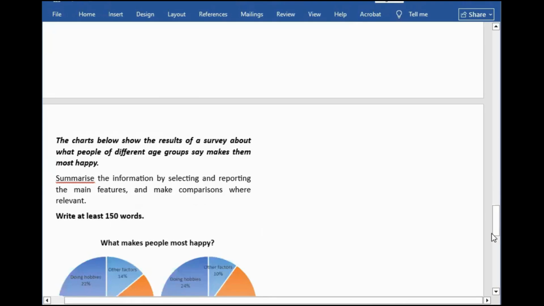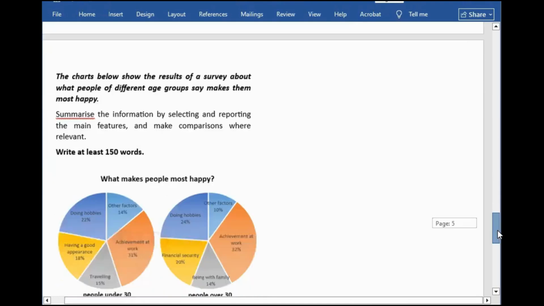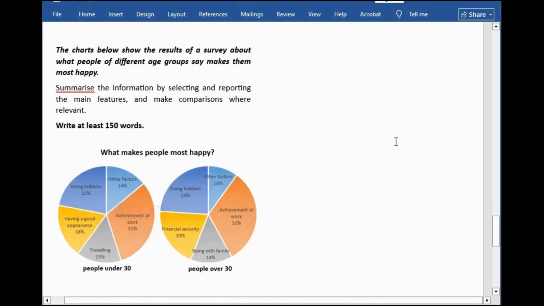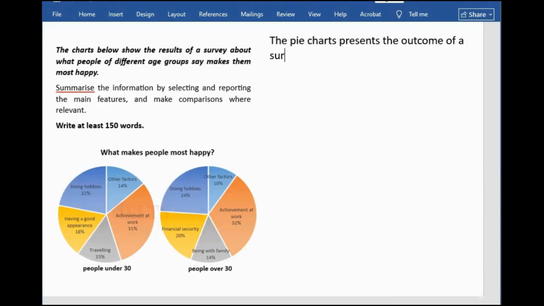Look at the next one. This is a pie chart. We have two pie charts here. What is my introduction here? The pie charts present the outcome of a survey on the things that make individuals of different age groups